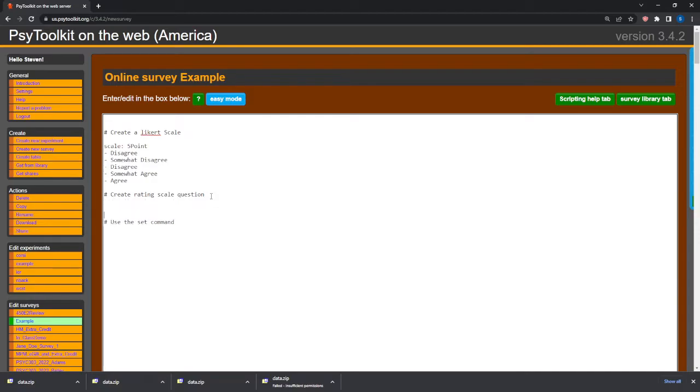Now we need to create a rating scale question. Okay. Now in this case, what we're actually going to go with is, let's pretend we were a company that creates pens and we want a scale for pen satisfaction. Say we're giving a bunch of these pens out for people to test. So L for label, pen sat for pen satisfaction, the type, the scale, where we're going to be using the 5 point rating scale. The question that we're going to be asked is, please rate how much you agree with each of the following